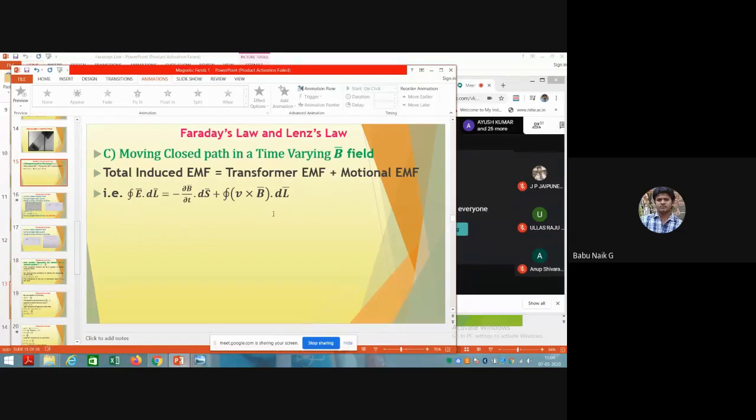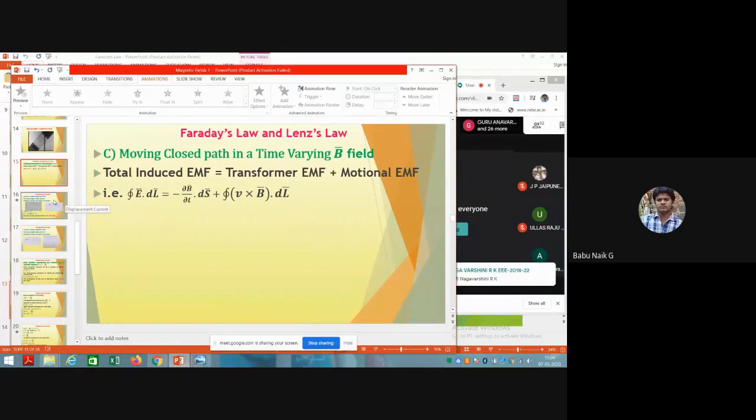So these are the two fundamental Maxwell equations: the closed line integral of E dot dl equals the transformer action term, minus the closed integral of the partial derivative of B with respect to t dot ds, plus the closed integral of the velocity of the charge cross B dot dl. This last term is the generator action. This is one of the Maxwell equations. Further, we will see the wave equation from this Maxwell equation.